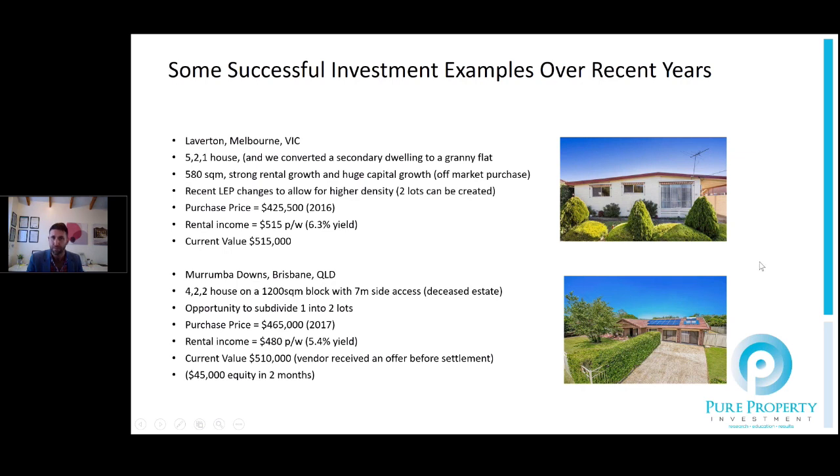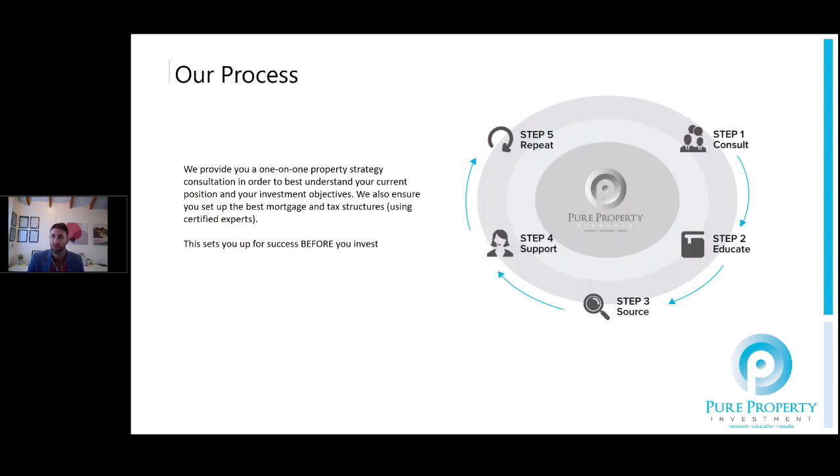And that's the key: you need to understand what you're looking at doing, and it needs to fit your position, both your financial position but also your objectives. The same property for one person might not be the right property for another. The key is understanding what you want to achieve before you go out and actually buy that property, and then secondly, layering in those fundamentals that we've discussed to make sure you maximise that purchase at the right time and that it also fits your objective and your portfolio.